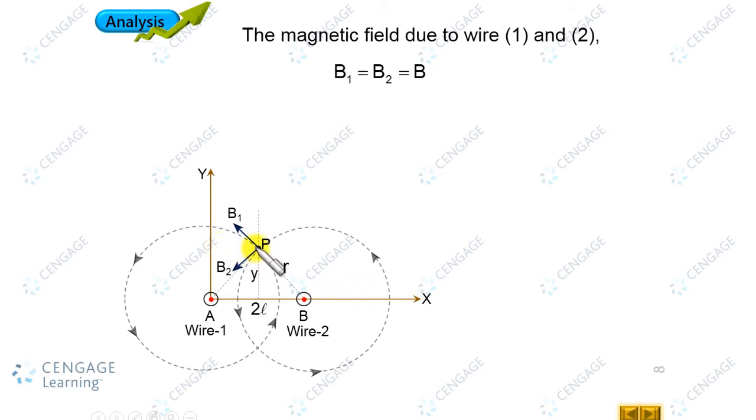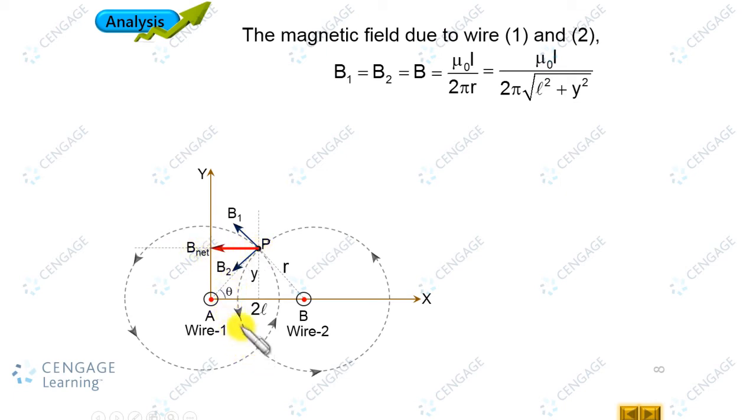By the symmetry we can say the net magnetic field will be along the bisector angle, right? And we know the magnitude of the magnetic field is mu naught I divided by 2 pi r because both wires are infinite, where r is the distance from either wire to the point under consideration. Here we can write mu naught I divided by 2 pi and small r, and for this distance we can use Pythagoras, this distance being L. So small r equals under root L square plus R square. This is the direction of the net magnetic field, that is the bisector angle.